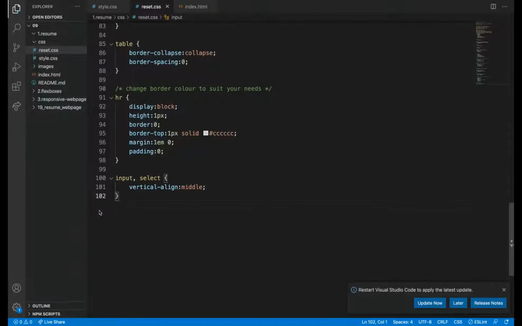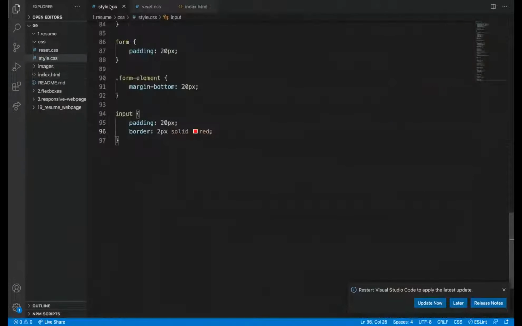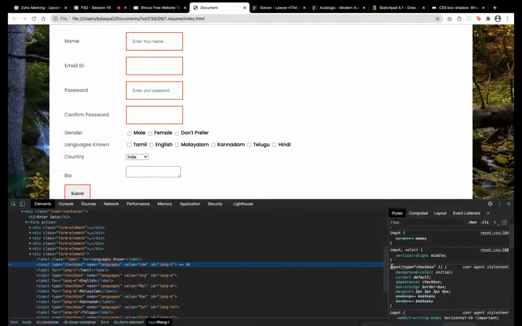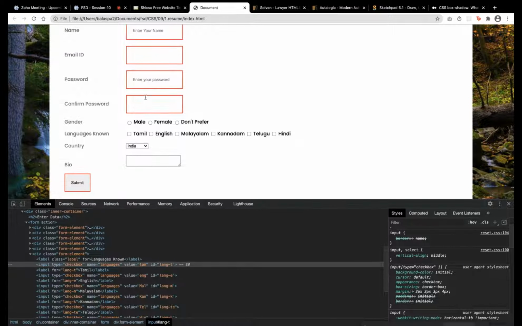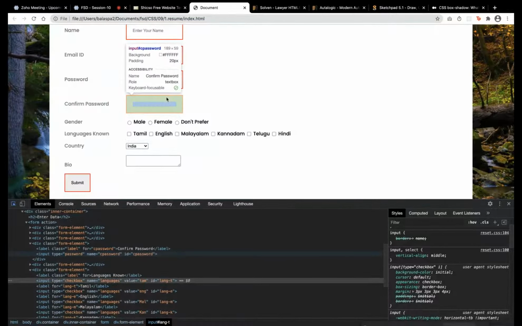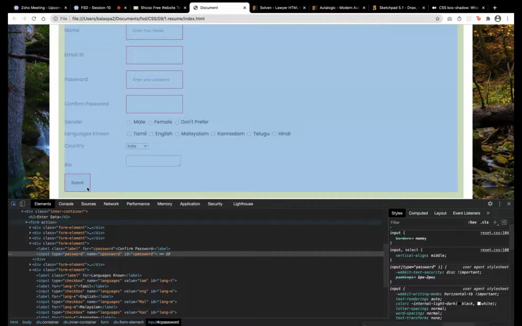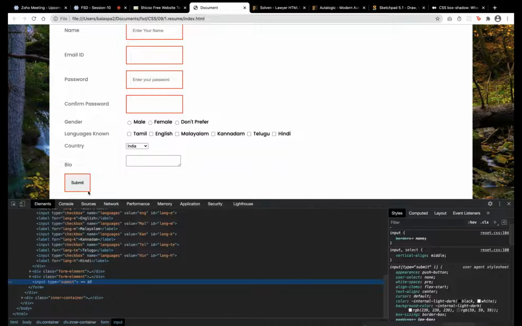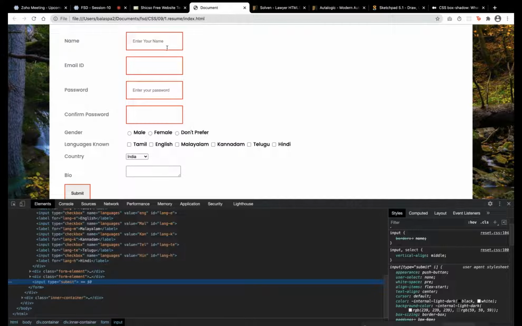What I wanted to say is, we will use input type equal to checkbox, because we can take this example. This is also an input tag, and this is also an input tag, because submit. But for the button, I don't need some border. I want some border of gray color for these box elements, but not for my button. Usually your suggestion would be that we can add a class here.